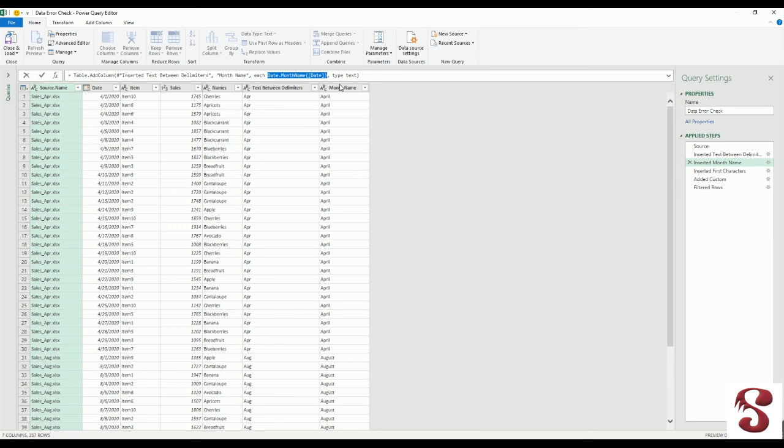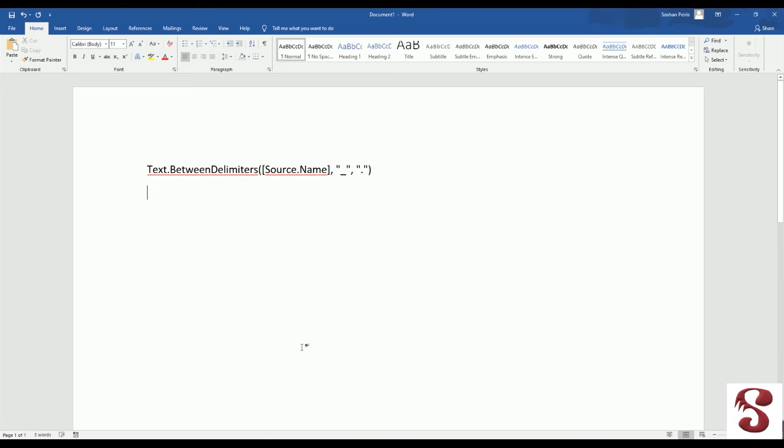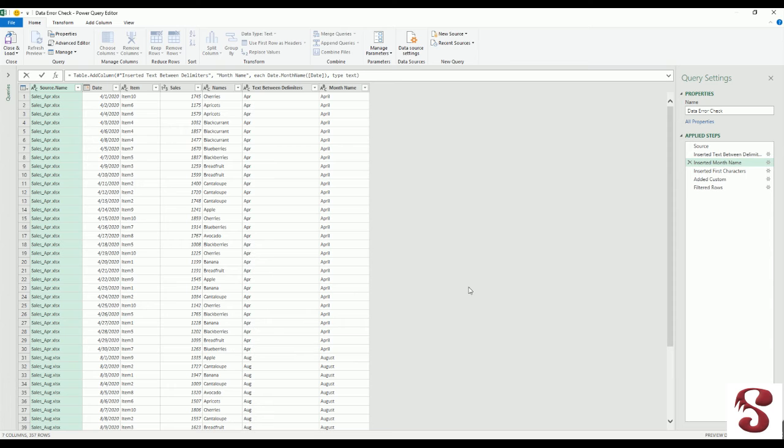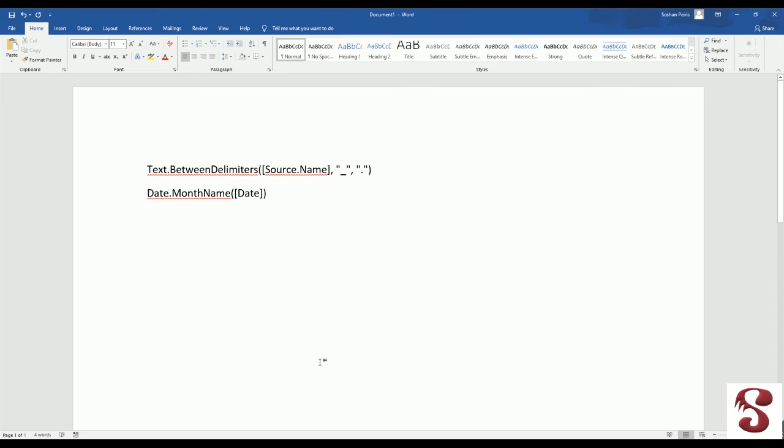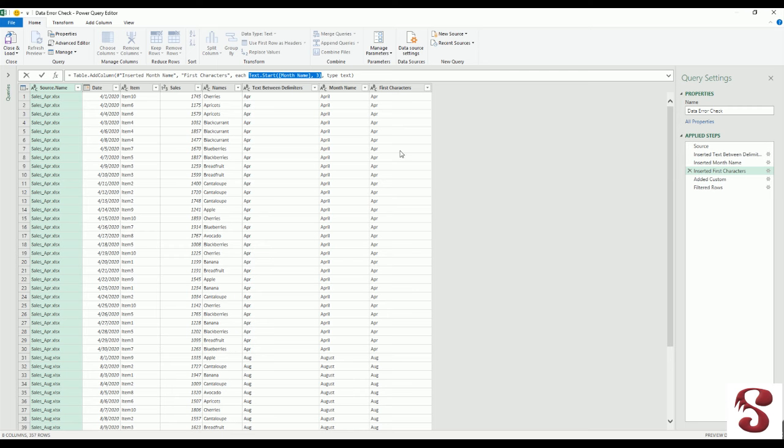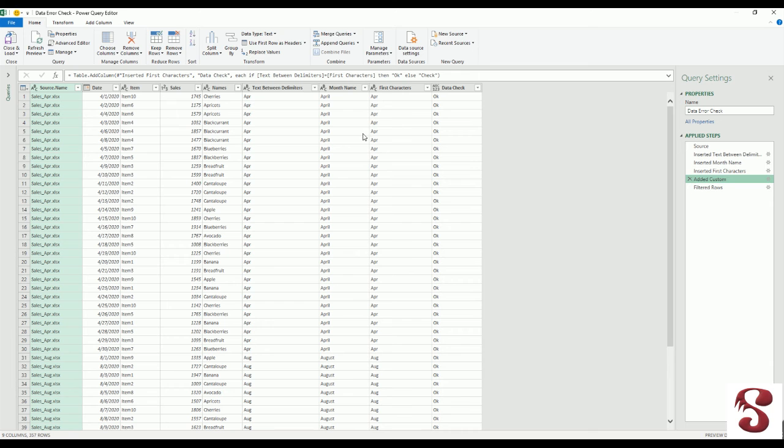So it's mentioning a text type. So I copy that section, take it to my Word, and the third part is to take the first 3 characters from month name, paste them there as well, and finally is the formula. So after each, I don't need the bracket, I just need that,